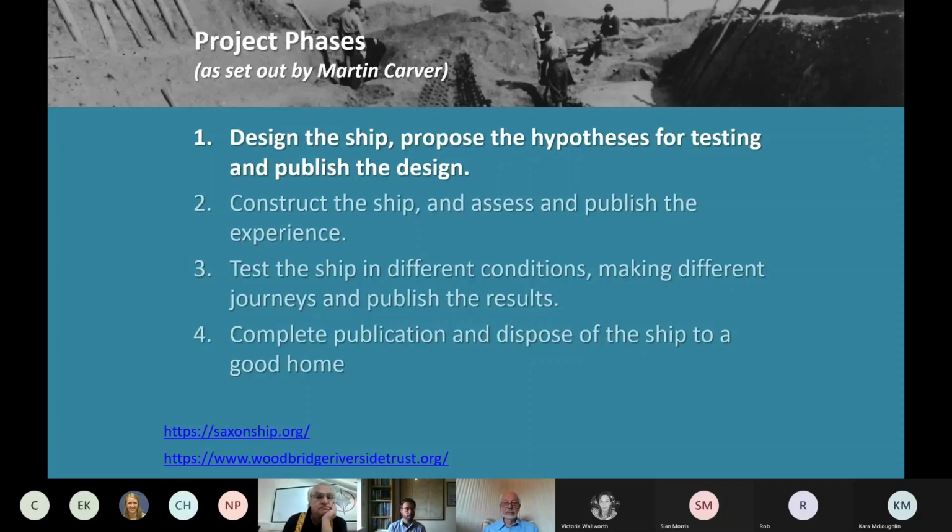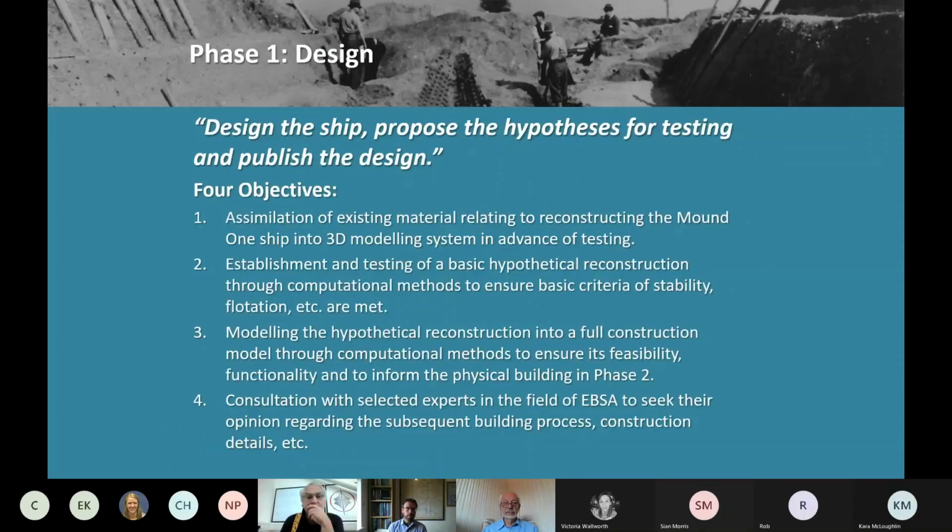Anyway, next slide, please. So that first phase, the objectives that we set out in about 2017 or so, was to go through all of the existing material that we had. So to undertake a review of the data from 1939, the data from the 60s and the 70s, the work that Paul Handley had done, and to start with